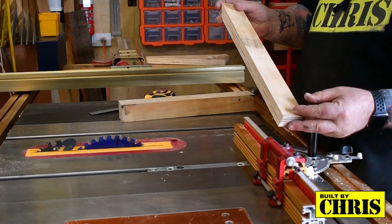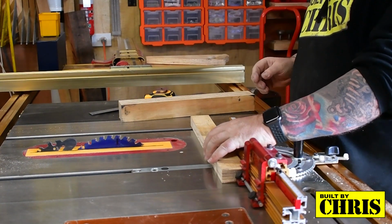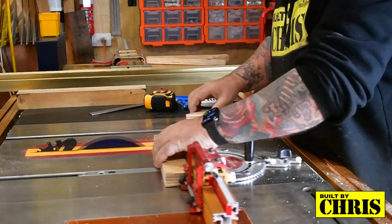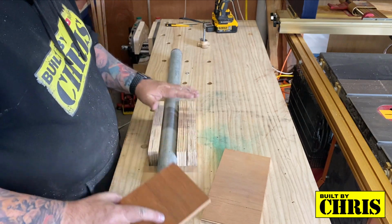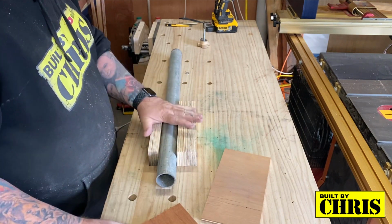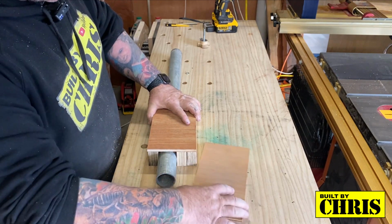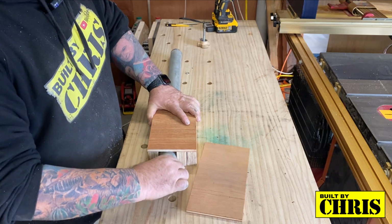Now these pieces don't have to be that long, so I've marked it down to 250mm. I'll just run them through the saw and cut them down, and then I'll put them all together. Okay, here's all the pieces cut for this piece. There's a cut off of the post, or the pole that I'm using. This is going to go on top here. This one will go underneath, and it's going to envelop this,